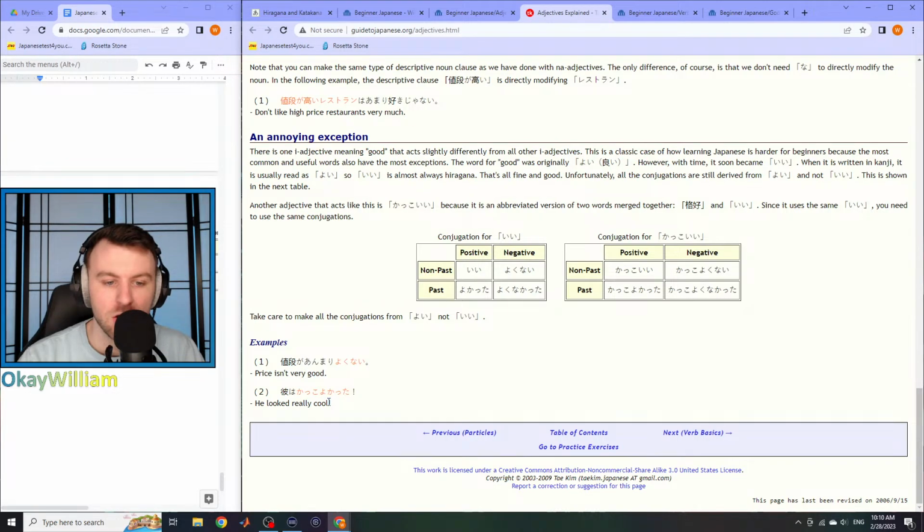Okay, so for he looked really cool, this is in the past. So we say kare ga kaku. Oh, it's kako. Kako yokanai. Oh no, kako yokatta. Kare wa kako yokatta. Right. Kare wa kako yokatta. 彼はかっこよかった。 かっこよかった。